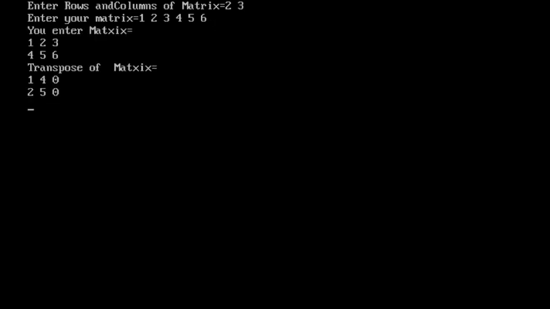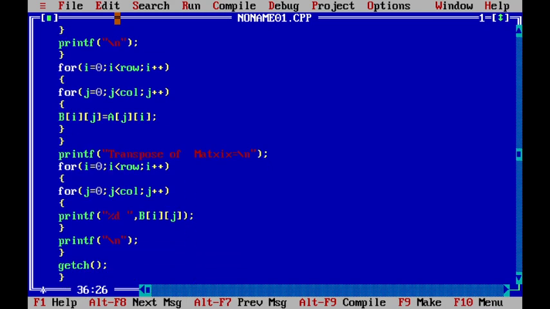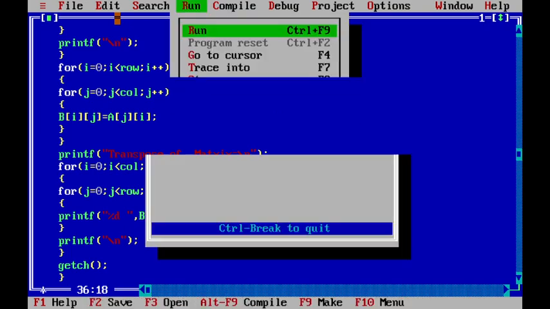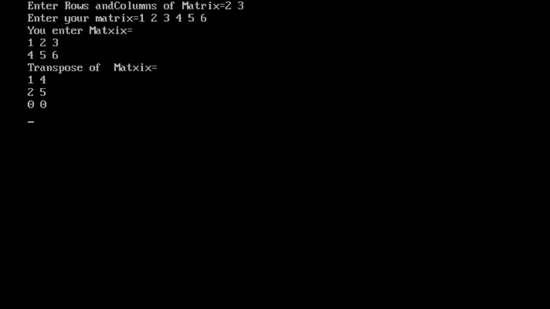Now you can see the entered matrix is 1 2 3 4 5 6, and the transpose matrix is again 1 4 2 5. There is one mistake here. We want to print the transpose where the row becomes the column, so here we want to interchange column and row. Now if we run, say a 2 by 3 matrix, and enter 1 2 3 4 5 6, now you can see 1 2 3 4 5 6 and 1 4 2 5 0 0.